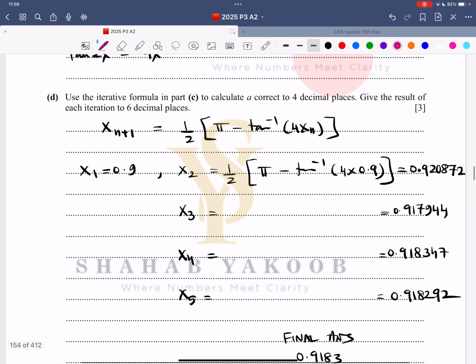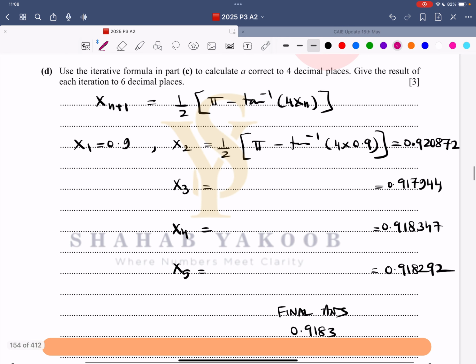Use the iterative formula in part C to calculate a correct to 4 decimal places. Again, it's the same rule. Correct to 4 decimal places, give the result of each iteration to 6 decimal places. Now this time they're making us work in 6, final answer in 4. So now when we plug in x is 0.9, we are getting 0.920872, then 0.917944,